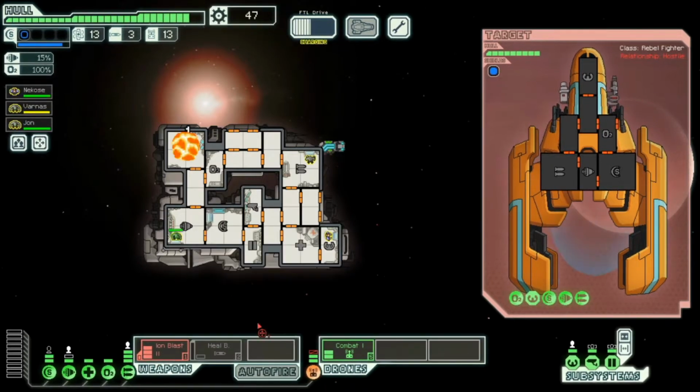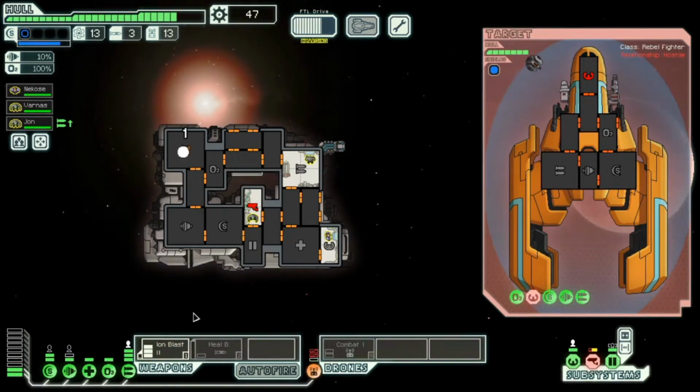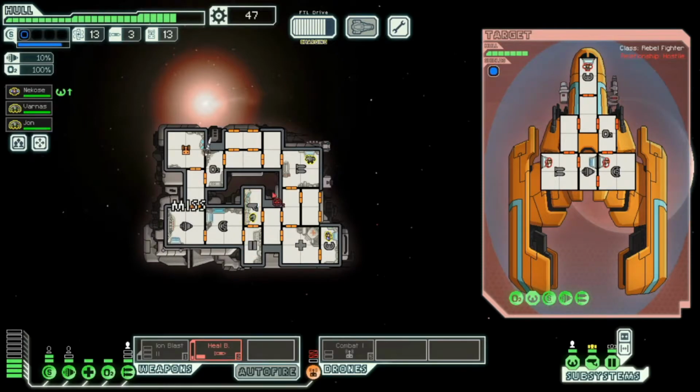Oh, we always want that on. I don't know what is going on with that being off. Okay, we have our evasion up extremely high. Alright, we're going to want to go repair that. Well, that's going on. Turn off the Ion Blaster. Turn on the heal bot. Shoot the...